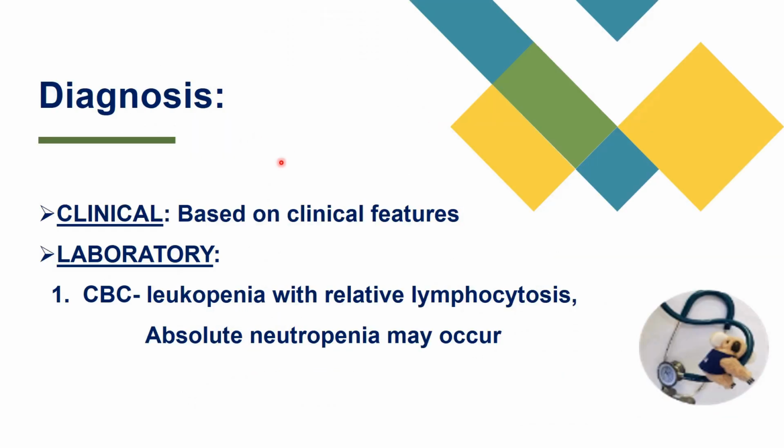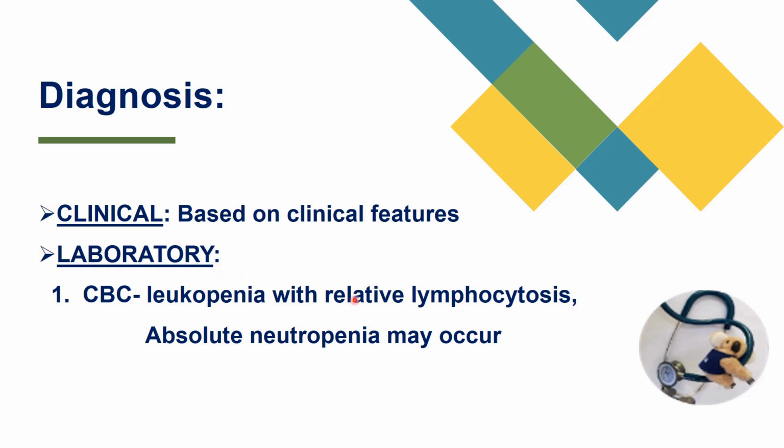Now come to the diagnosis of measles. It is totally based on the clinical features. So in many setups where you do not have facilities, no investigation is required. Only by seeing the rash and the distribution of the rash you can say this is measles, except if the measles is modified or if it is a different type of measles. Otherwise it is very easy to diagnose measles.